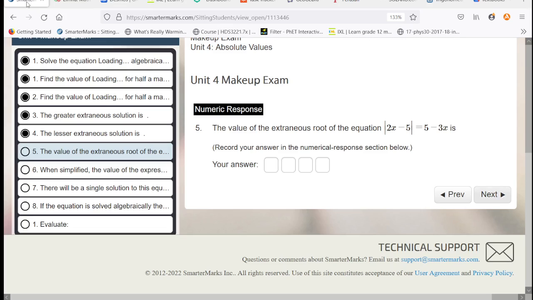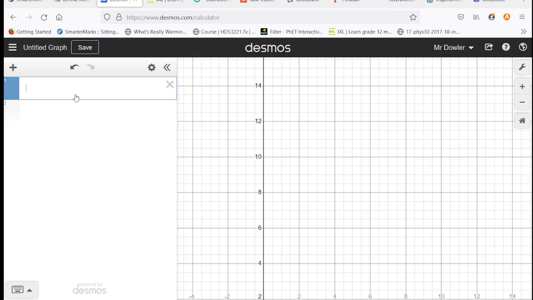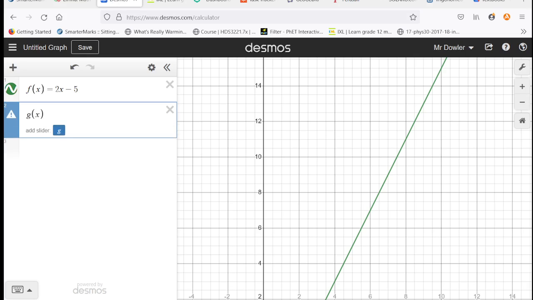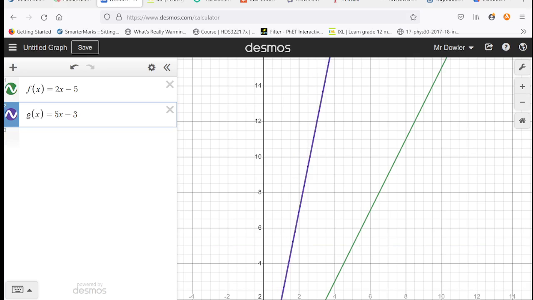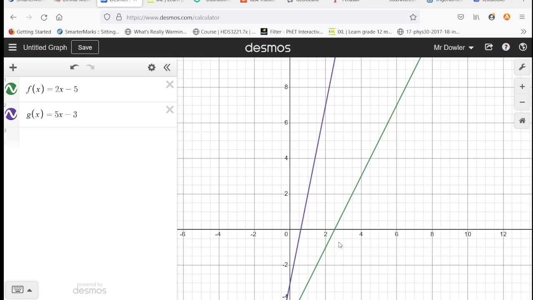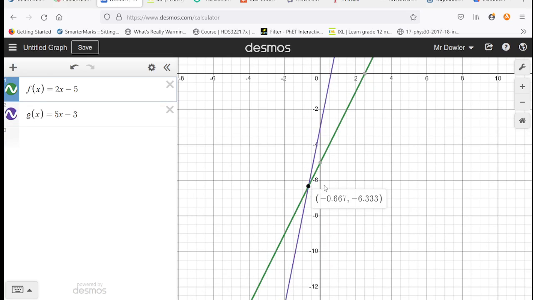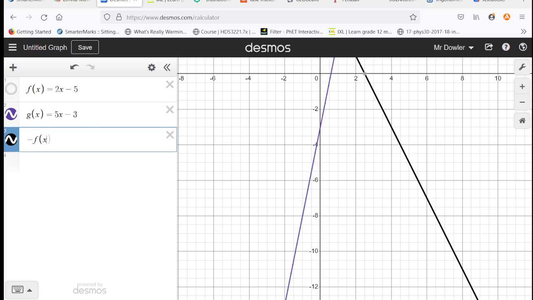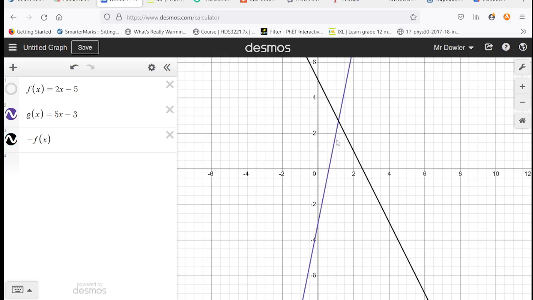If we were to graph this, so we have f of x equals 2x minus 5. That's everything inside the absolute value. And then if we have g of x equals 5x minus 3. So these two are actually equal at this point. That's one root. If we want to know where the extraneous root is, we could graph a negative f of x and see where that intersects with g,